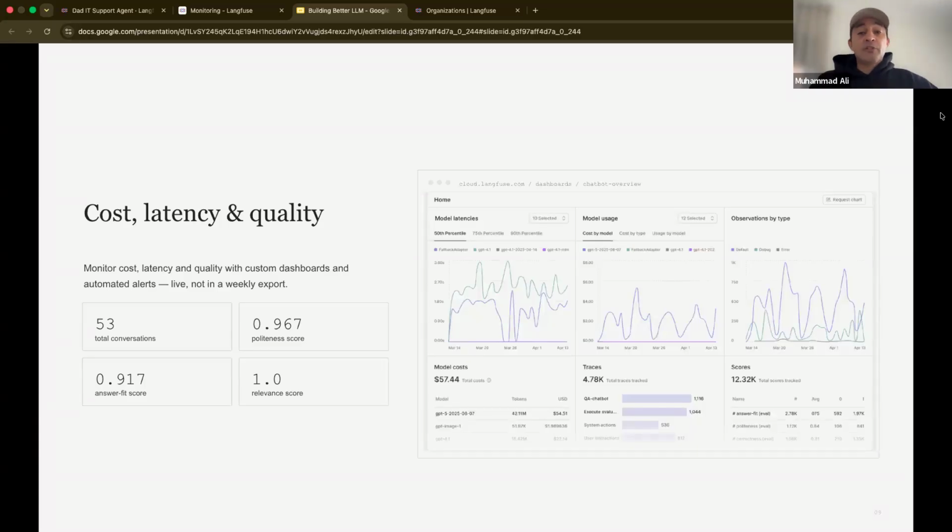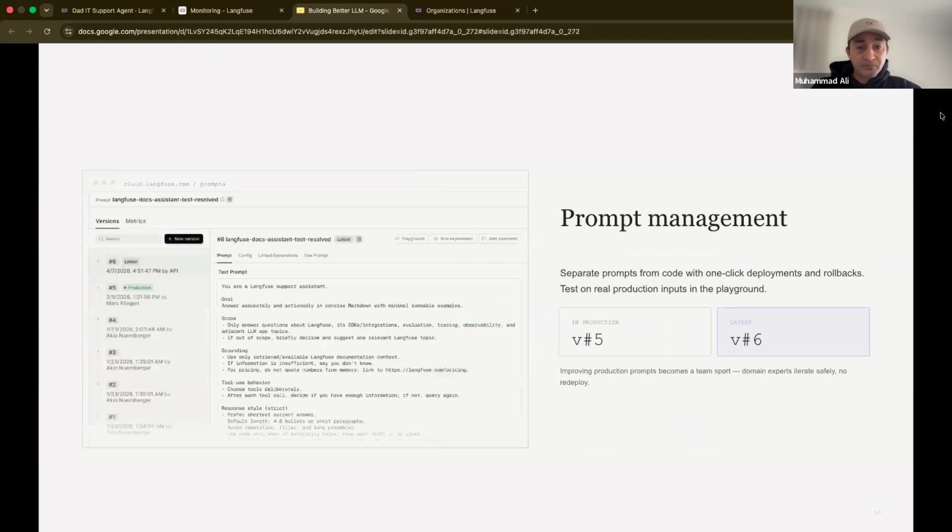So Langfuse offers you dashboarding capability, so you can create your own custom dashboards. It comes out of the box with a dashboard. It tracks your costs, so you can alert yourself if the token spend of your agentic application goes beyond a certain threshold you expected. So you can monitor all these metrics.